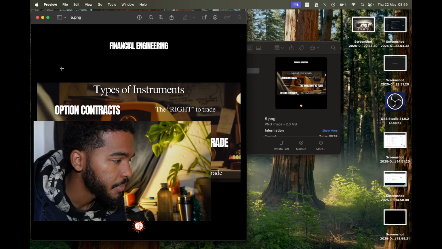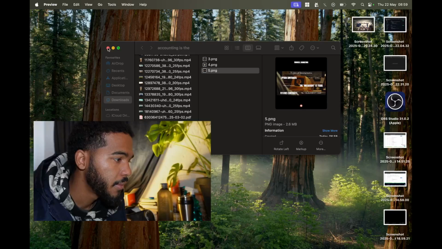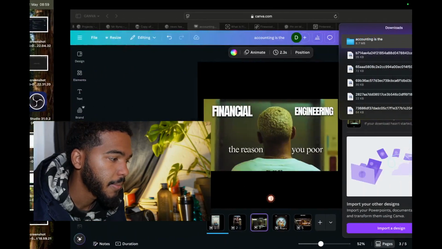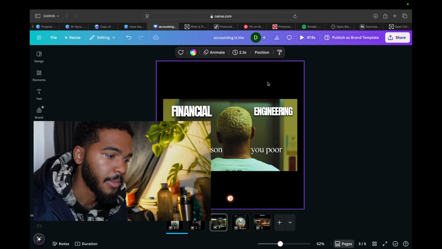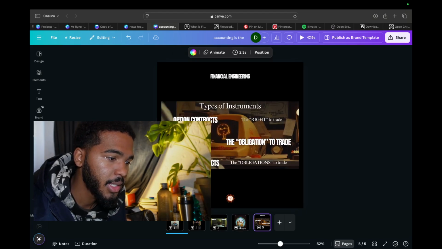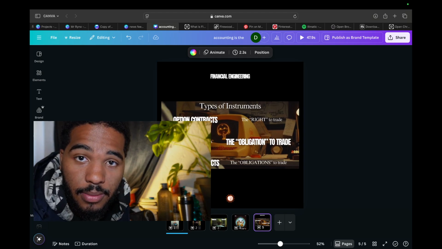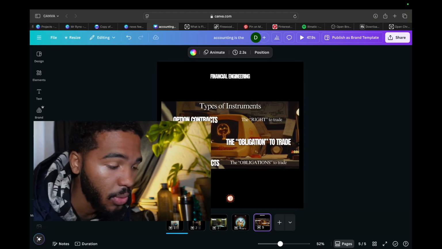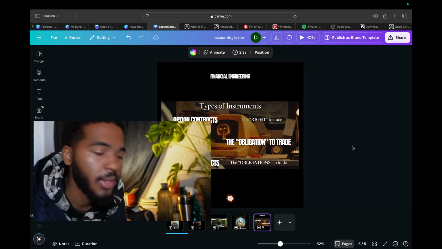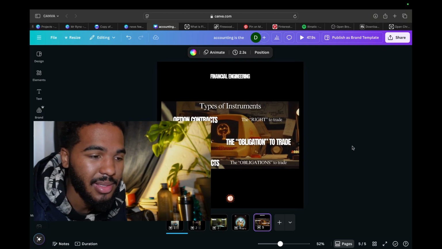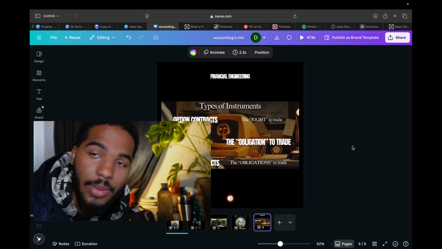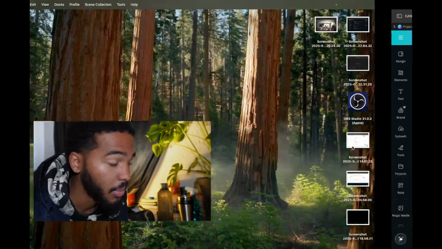Essentially, the difference between a future and a forward. A future is on a standardized exchange, meaning you have a third party involved, like the JSE or whoever. A forward is a contract you enter into. It's customizable. You can enter into it with anyone. I hope I'm making sense.